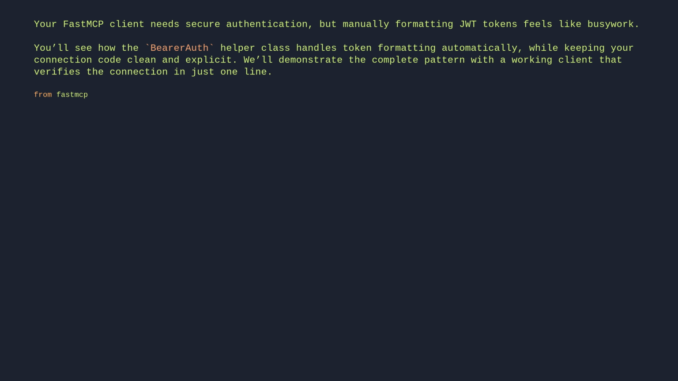From fastmcp import Client. From fastmcp.client.auth import BearerAuth. Async with Client("https://fastmcp.cloud/mcp", auth=BearerAuth(token="your-token")) as client: await client.ping()